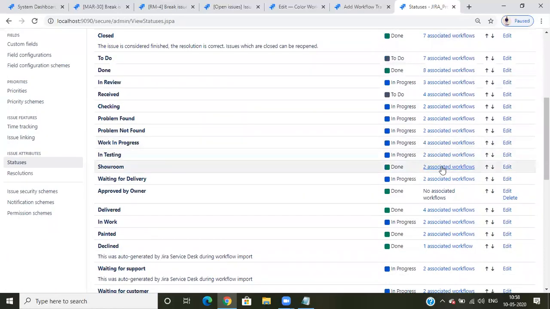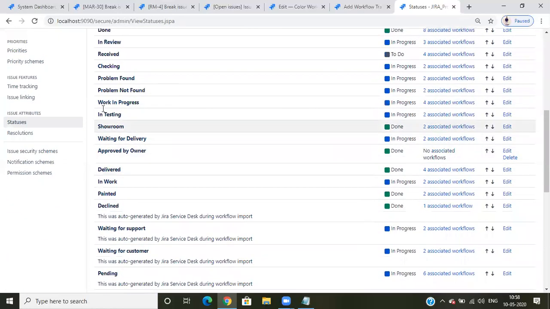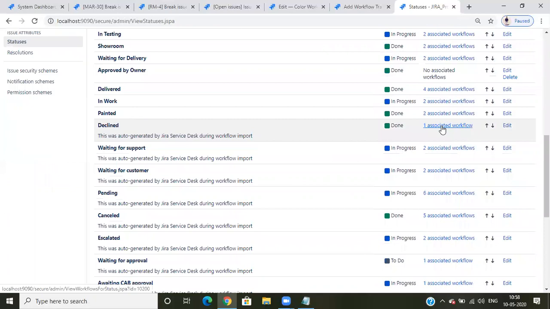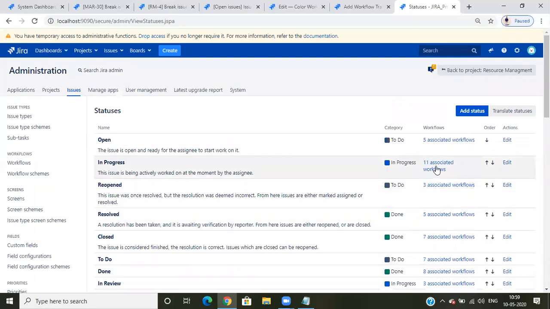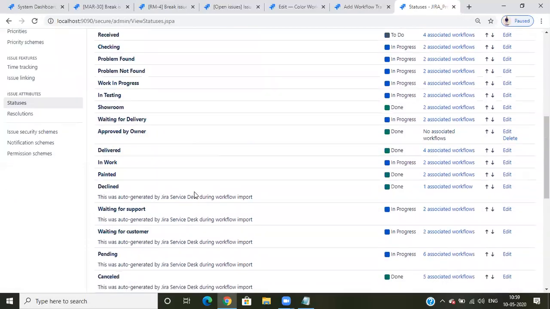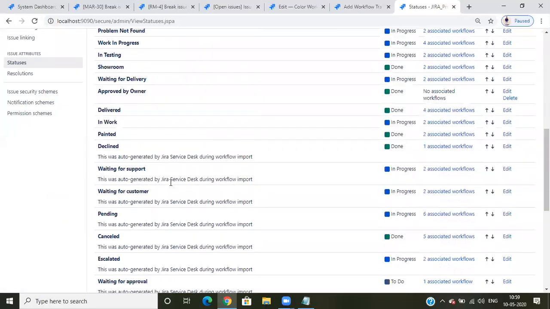A status name may be associated with n number of workflows. Suppose showroom tested has two workflows, and declined is associated with only one workflow. We can edit this one, because it is associated with only one workflow. But if you edit something like in progress, it will affect all workflows. So we can add statuses here.